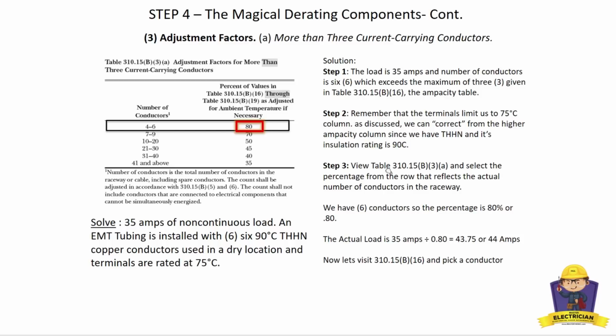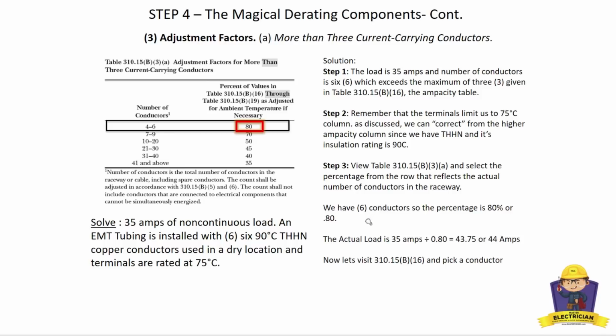I go over to Table 310.15(B)(3)(a), which is this here. I determine I've got 6 current carrying conductors, so I've got 4 to 6. I come over, and I'm going to have a percentage of 80% or 0.80. All right, so that's what we've got here. Now, the actual load is 35 amperes, but since this is a non-continuous load, I didn't have to worry about taking anything into continuous load. I didn't have to worry about